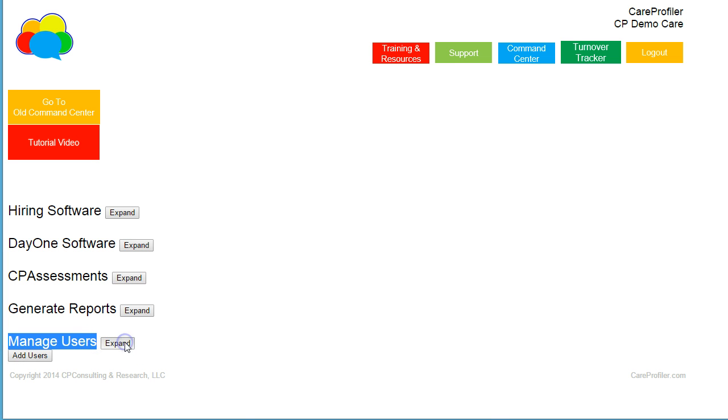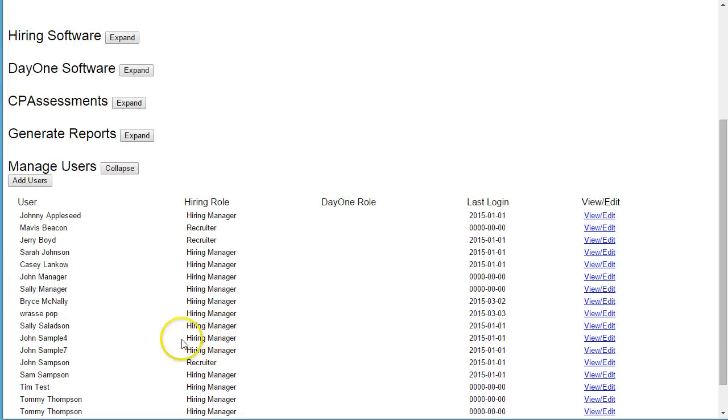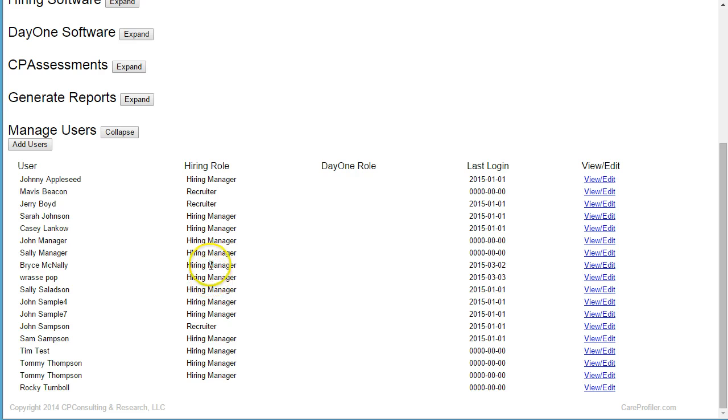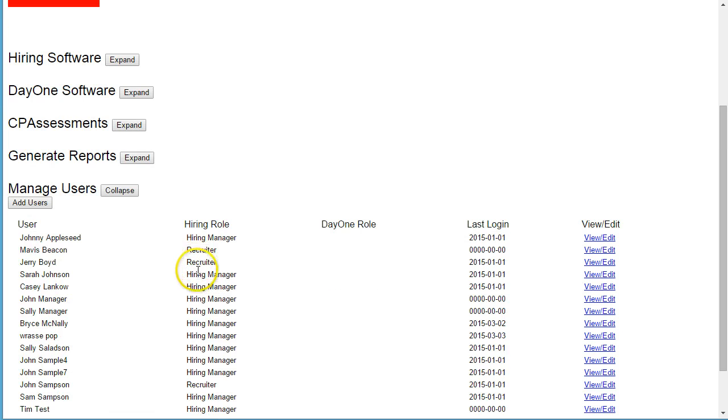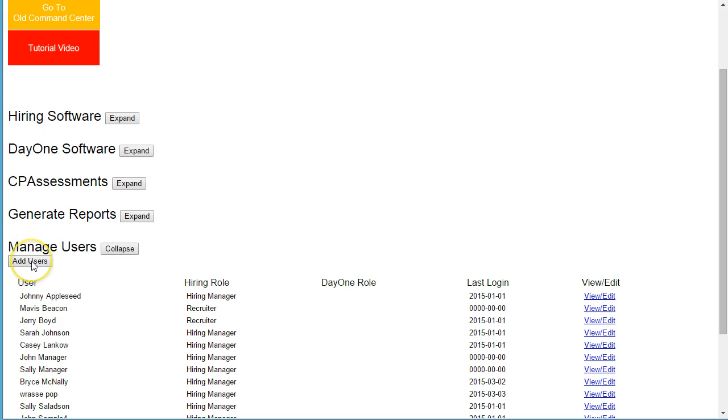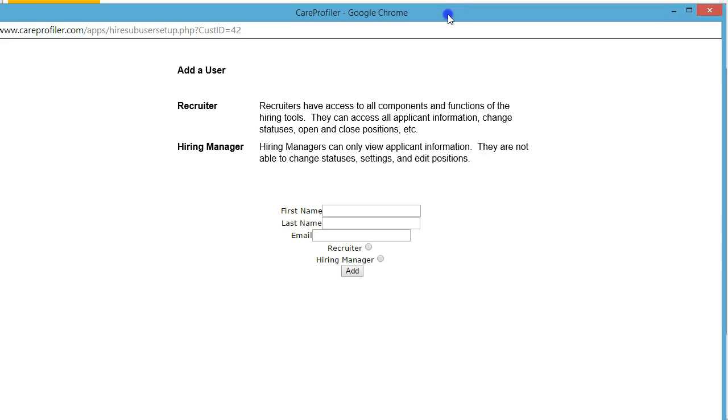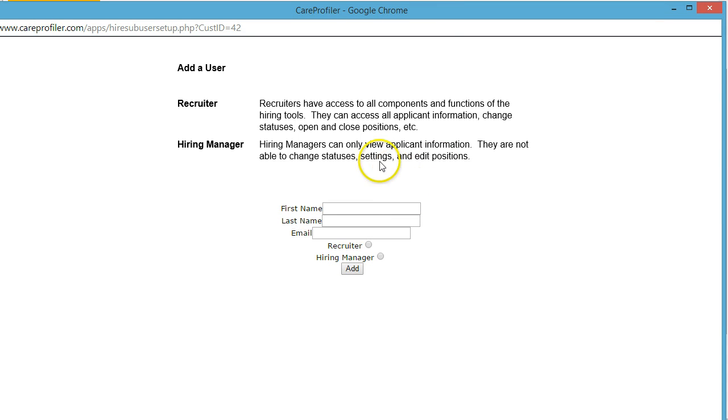When you click Expand, you'll see all of the sub-users that have already been added in your particular account. Likely at this point, you won't have anyone listed there. To add a user, you're simply going to click on the Add Users button. A pop-up window will appear, and you can see that there are two types of sub-users you can create,